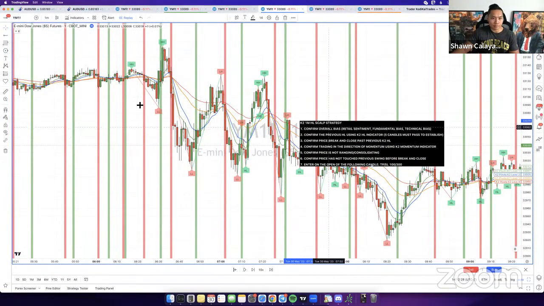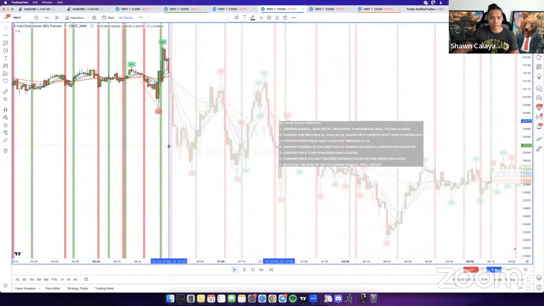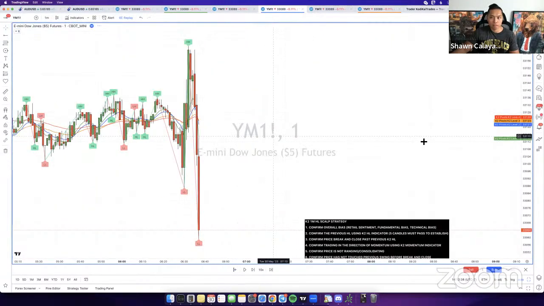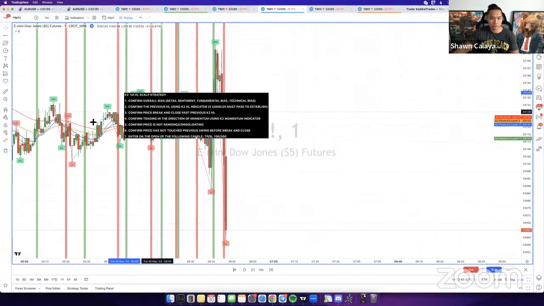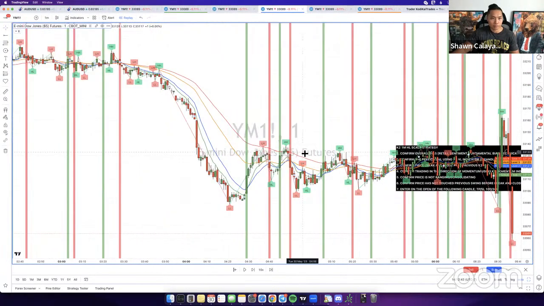Well, there's no more buy examples, but there are sell examples right here. So let me just go to one sell example. If anybody here is looking for a sell, I don't think this is one I would take. Let me just measure the candle real quick. Okay, this candle's too big, so I wouldn't have taken this one. It's just too big of a candle.